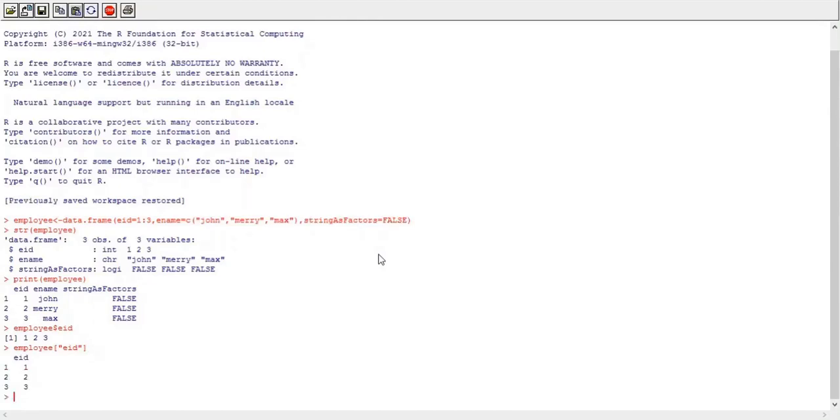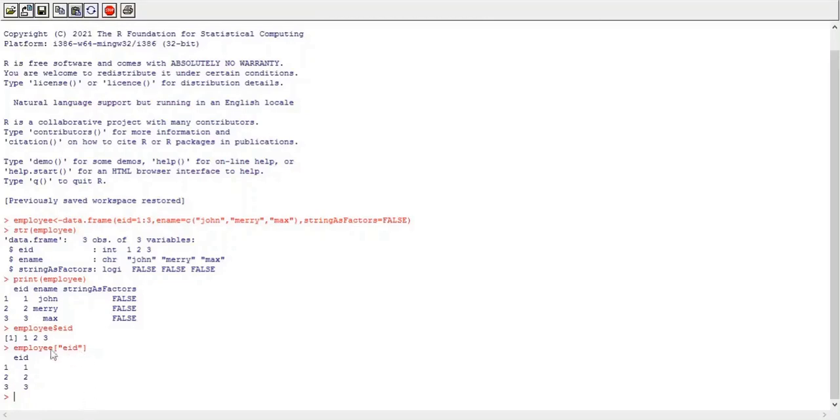Okay, now see, whenever we access data by using the $ sign, we always get a vector type of output. I have already explained this in the list data structure. And whenever we use a square bracket to access data, to display data from any data object, we get output that is of the same type as that of your data object.